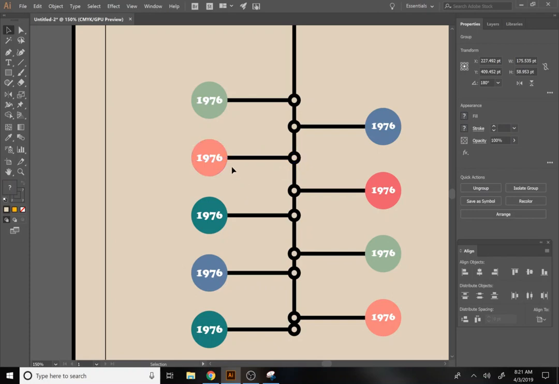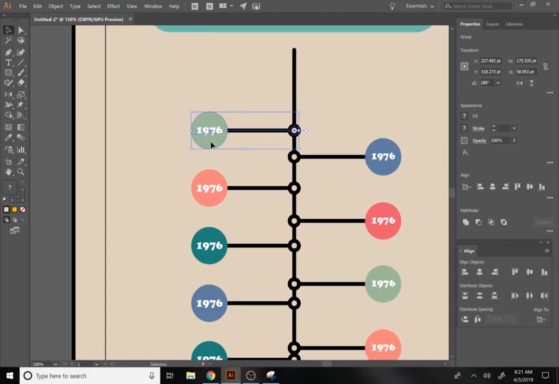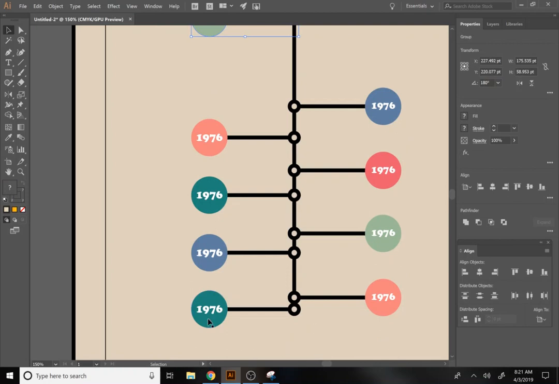Did manage to group all this. All right, good. So I'm just going to move this up to the top, and I'm going to make sure this one here is towards the bottom, and I'm just going to select all these grouped objects